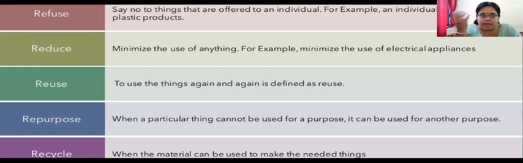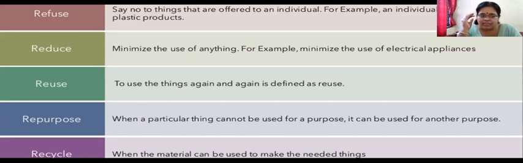Bathroom tubs, mugs, buckets, when they break, instead of throwing them and creating plastic pollution, why don't we use them for gardening? Why don't we use them for growing some plants? Or why don't we use them to put small ornamental plants, or putting some soil, or we can make a pit, or we can use it for making biogas. All these things, if we think, that is what is meant by repurpose.